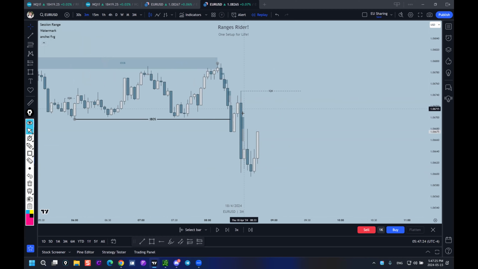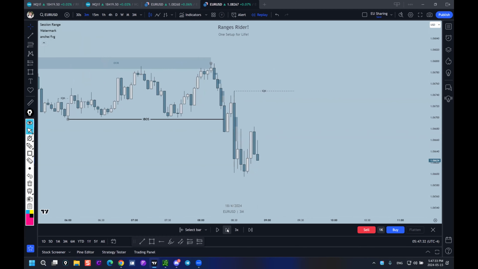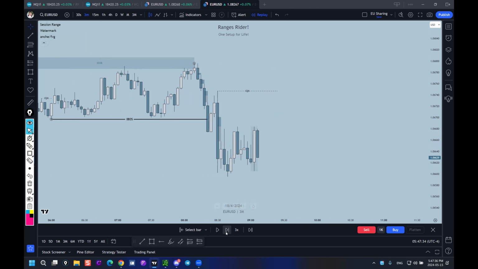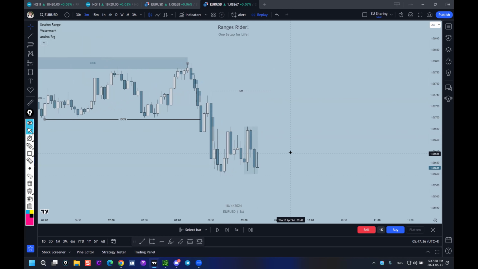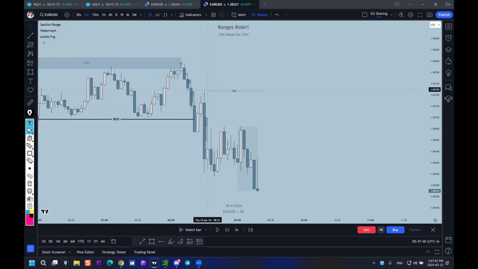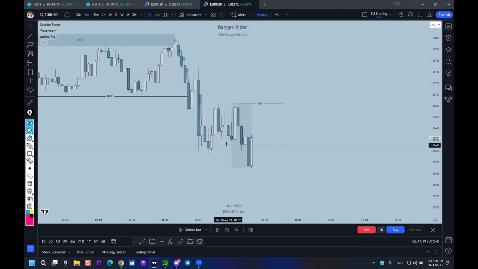So this was the high, low, low, and this QM needs to be taken out. Until now, we don't have the QM. Okay, now this is the QM. This one turned into here, right? Okay. If it turned into here,